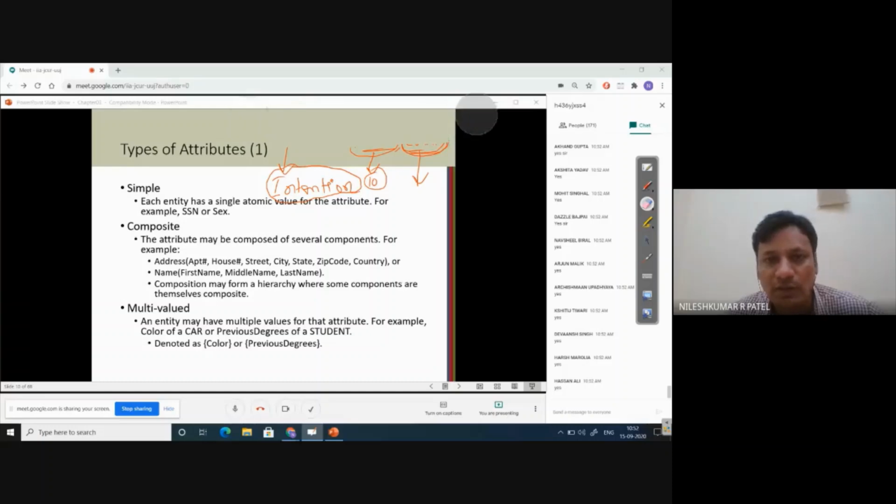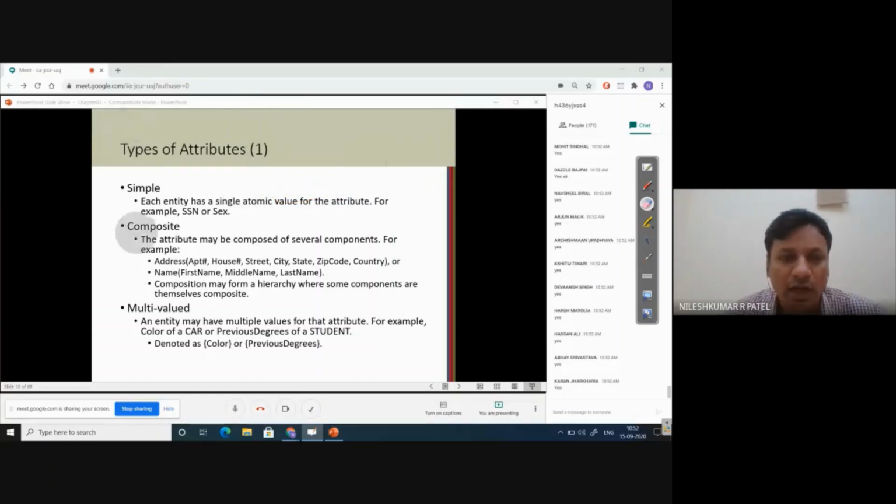Student table का जो नाम होता है, relation का जो नाम होता है, that is actually entity type. And why do we call it entity type? Because it defines each and every attribute of that particular table, right? It is the intention of that particular entity type, which is actually an intention.